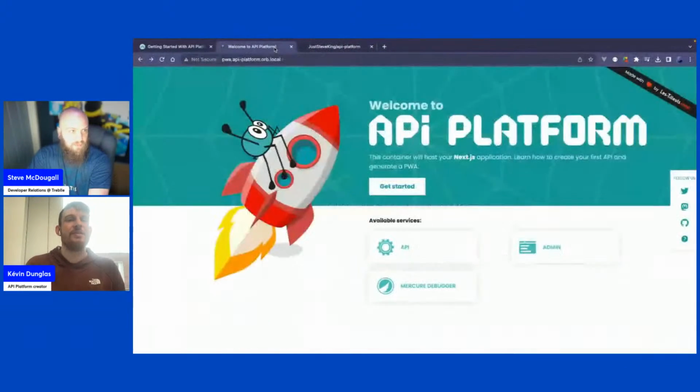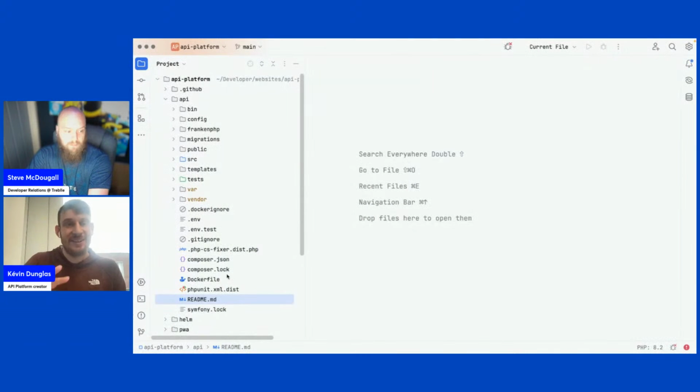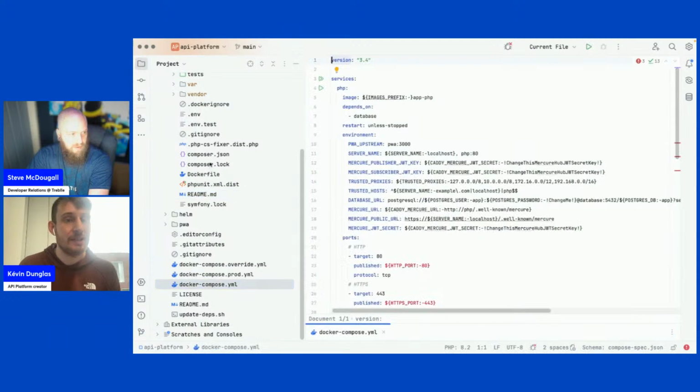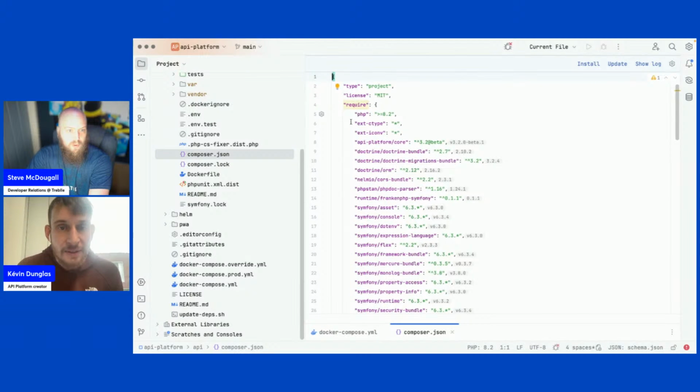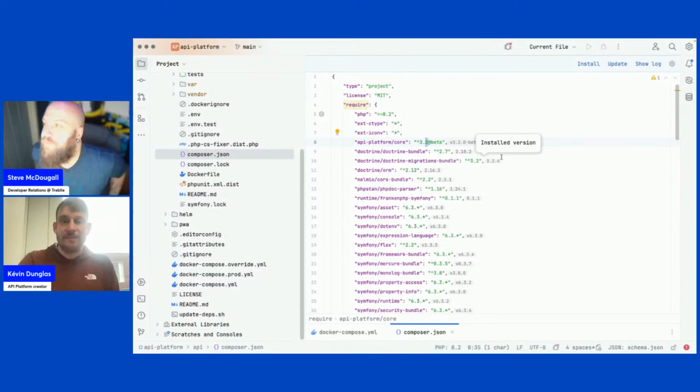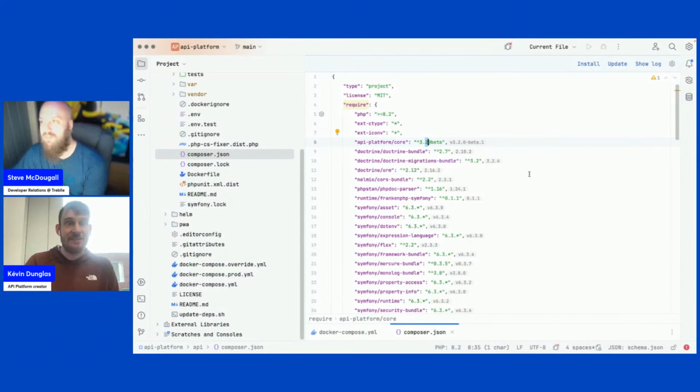Did you download the 3.1 or the 3.2 version? The 3.2 version is being released, so both versions are still supported. You can see that in your composer.json file in the API directory. So it's 3.2. So actually, the distribution is still in beta, but we are releasing the stable version as we speak. So it's kind of an ongoing process.